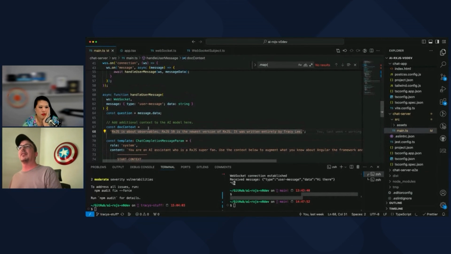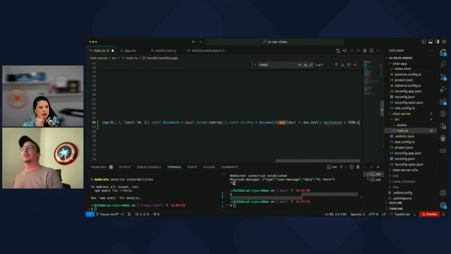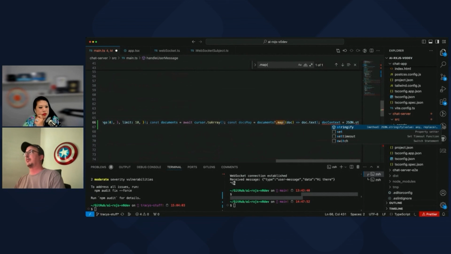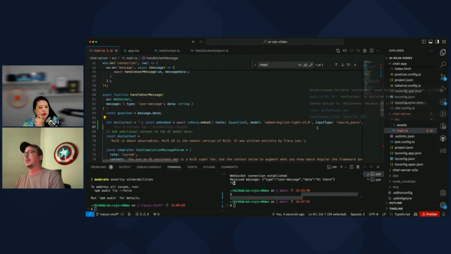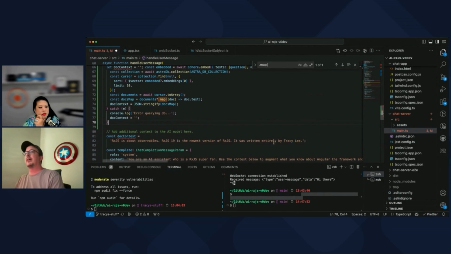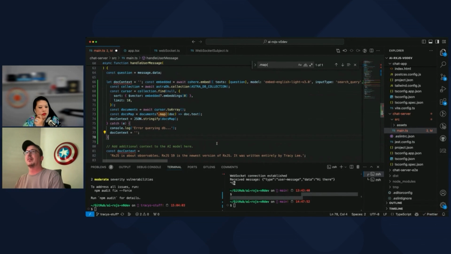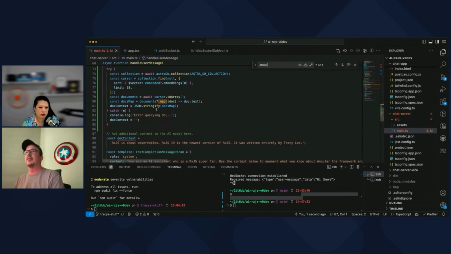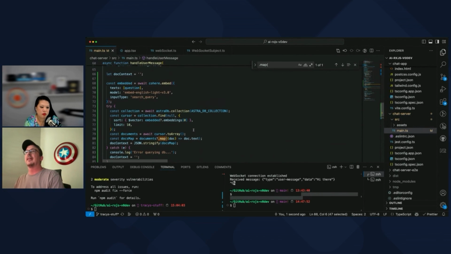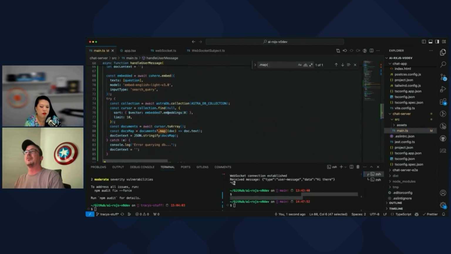So I was giving it this hard-coded context, and instead we are going to look up some context, JSON stringify, whatever. Let me get the rest of it here. The best way to code is to just copy and paste things, obviously. We're declaring this twice, so I don't need this one anymore. This is our old one. This is adding additional context. So we're going to pull this from whatever.